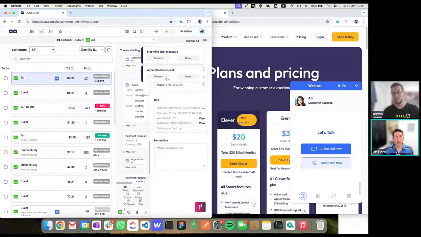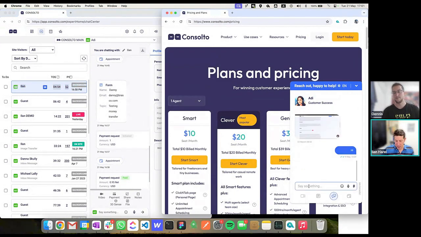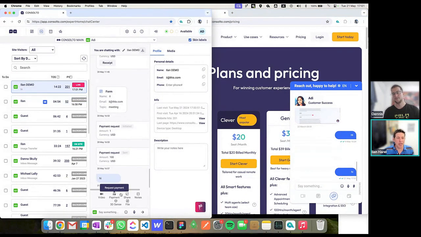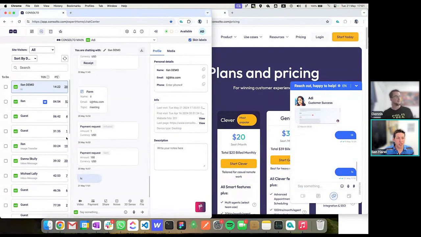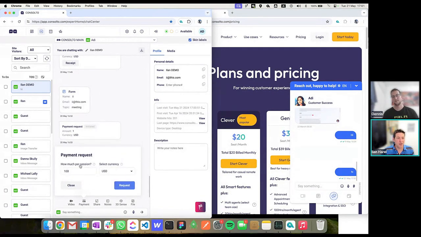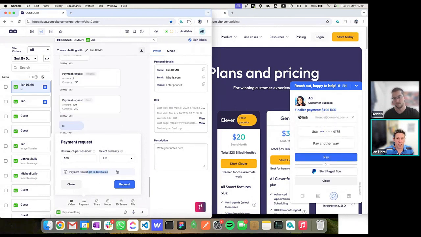So what I'm going to show you right now is what it takes to request payment from a customer that I'm right now in a conversation with. So I'm going to say hi to this person, and we can see that Elon demo just sent a hi message. Now I want to ask Elon to send me a payment. So I click in the chat box itself, I click on request payment, and I ask for whatever I want. Again, pretty similar to what we had before. I send a request. I see here that the request arrived at the destination, and here on the customer side, they can make or finalize the payment.